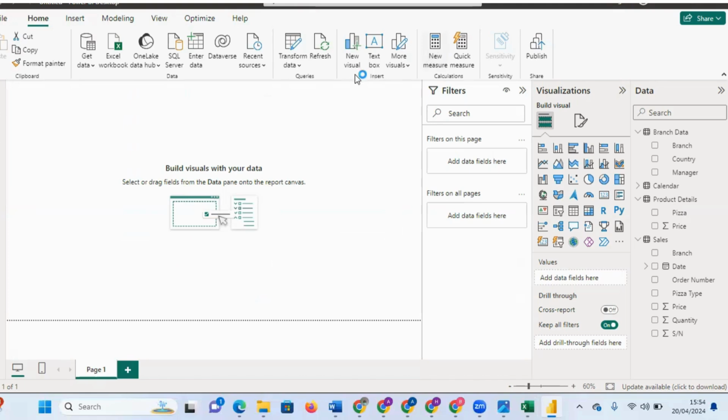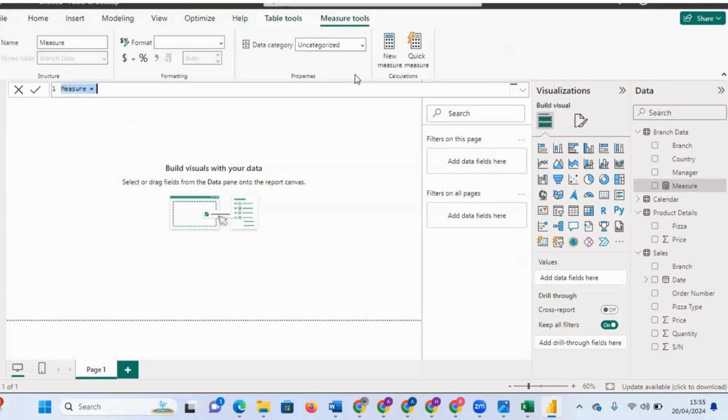So from a new measure, we're going to have SUMX as our function to calculate the total sales. Okay, we're going to have our total sales